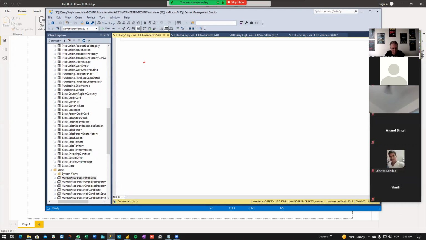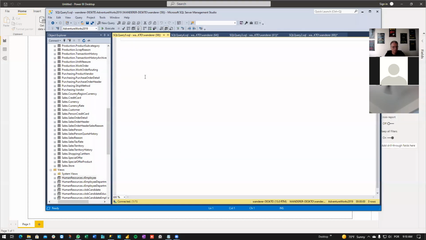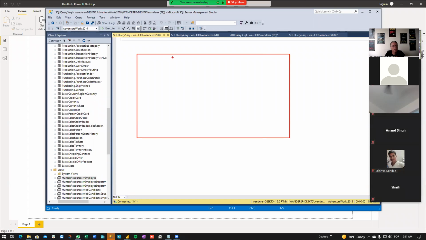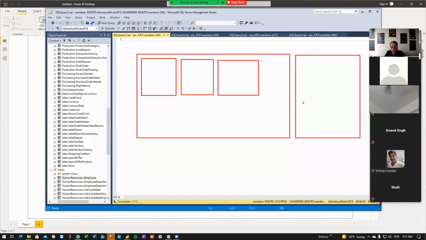We have the database here, and we have some parts inside the database: human resources, sales, production. And what we should do in a real world scenario is to create another database here that is our